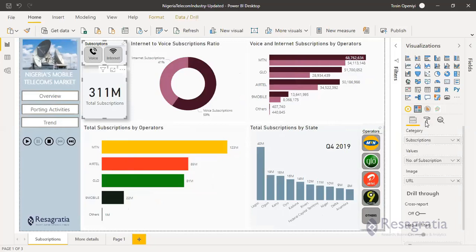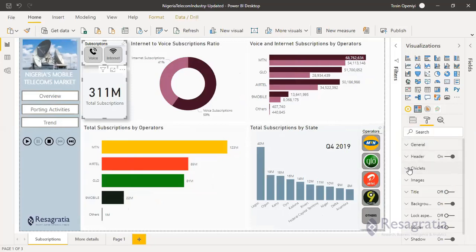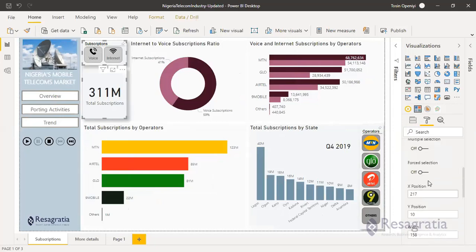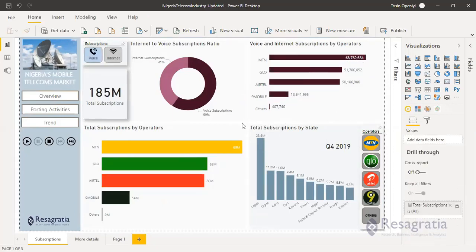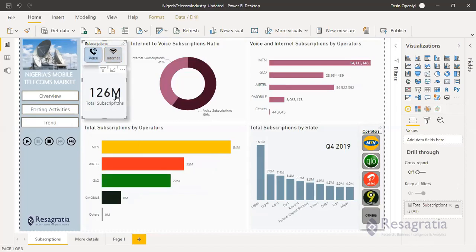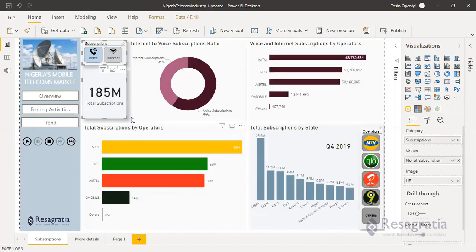My slicer should be defaulted to total subscription, so I have to force selection. Yeah, I think that should be it. Then I can either select voice or select internet.